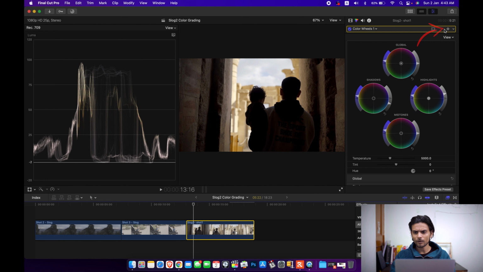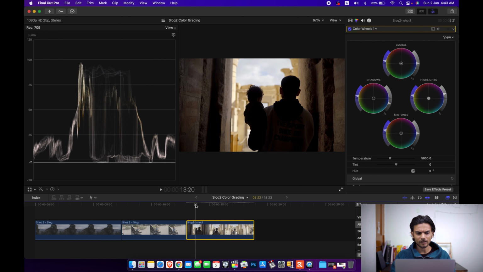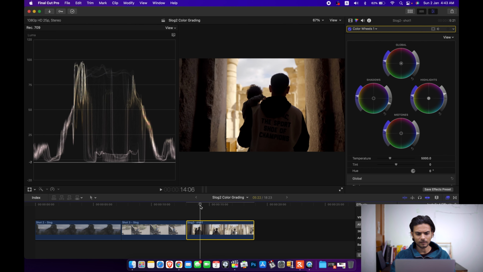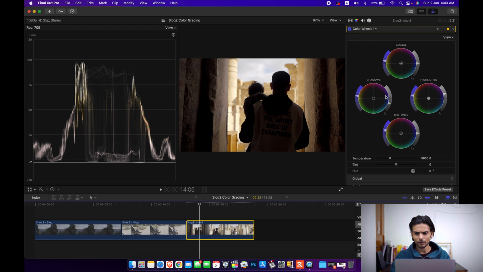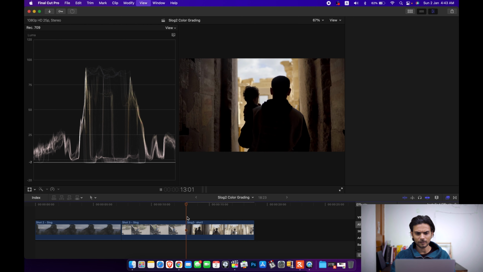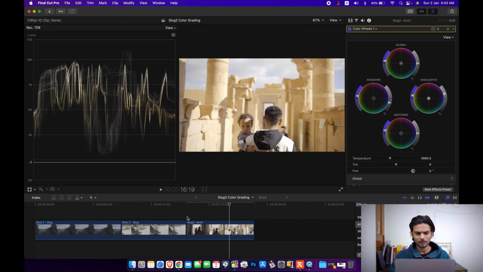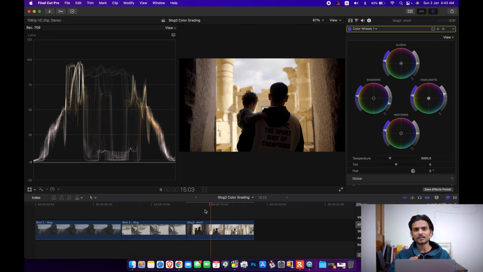So what we can do is create a keyframe. If I keyframe here and till here, in this part I keep the shadows a little up, so it will give me more detail in this part which is totally burnt. When I put the keyframe, I then need to keyframe it again according to the shot. So this is how you can make a balance in the footage.